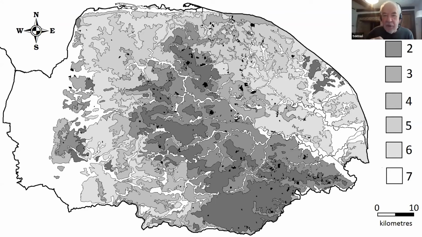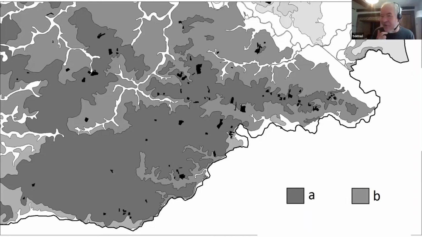The woodland, and you can see the darker greys are the heavier clays, and you can see how they correspond with that clayland wood pasture region. Woodland actually has a very odd distribution. It tends to cluster on the edge of the heaviest clay soils rather than out in the middle, for social reasons I won't bore you with now. But you can see it very clearly there in South Norfolk. The dark clays are the heavy boulder clays, the greys, the lighter stuff in the valleys, and the woodland all clustering on the edge,